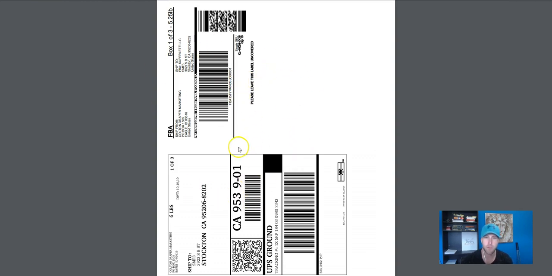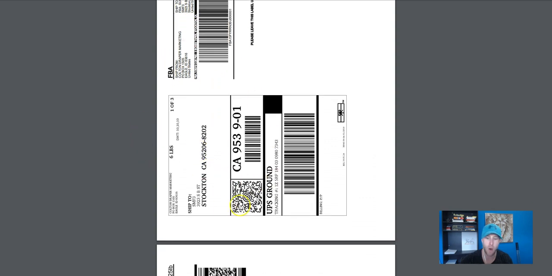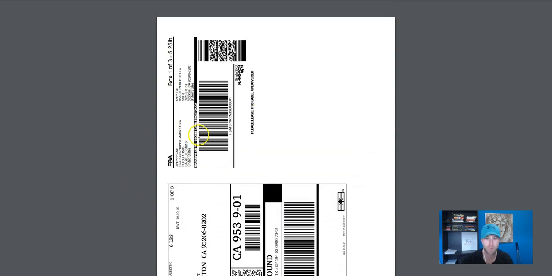Both labels on that sheet need to go on the same box. So every box, my 10 by 10 by 10, is going to have 2 labels. There's 2 labels per sheet that both go on each box. In here you can see the SKU, the quantity, the weights, where it's going, where it's shipping from, the tracking numbers. All the information you need is